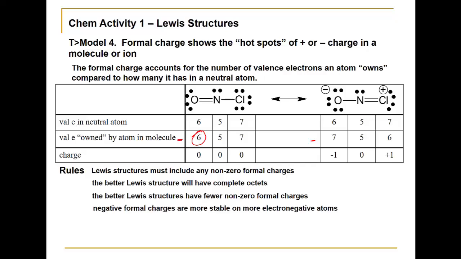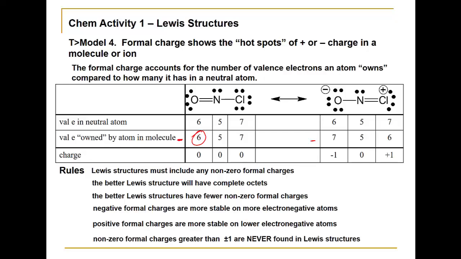Now, if there are going to be negative formal charges, it would be better that they're on a more electronegative atom. You may recall that oxygen is more electronegative than chlorine. So in terms of where those formal charges are, it's better that the negative charge is on the oxygen versus the chlorine. In a similar way, it's better that a positive formal charge would be on a lower electronegative atom. An example would be if a positive charge was on a carbon versus being on, for instance, a fluorine or a chlorine. And then finally,